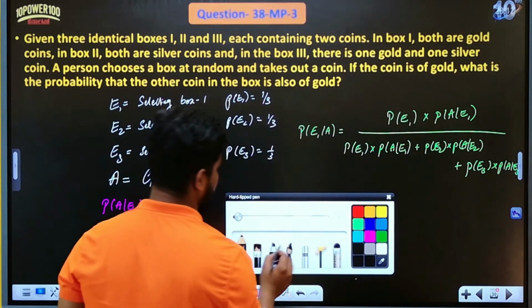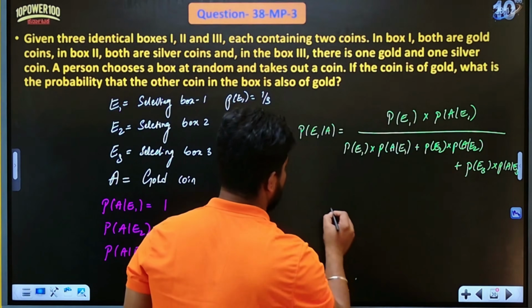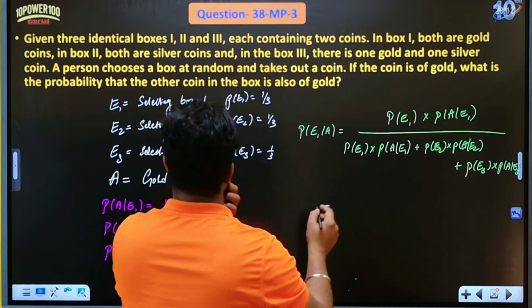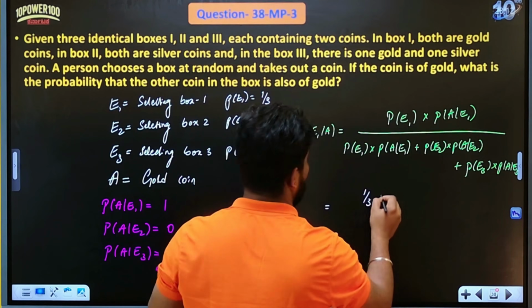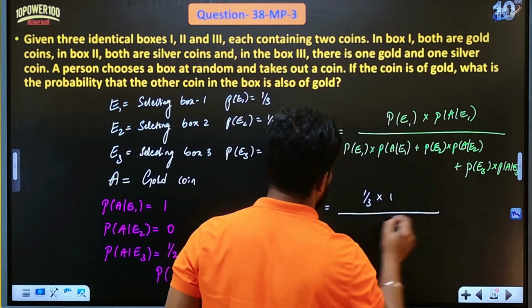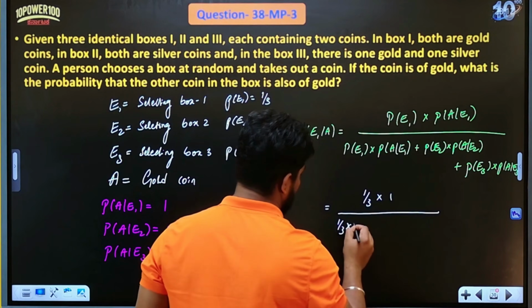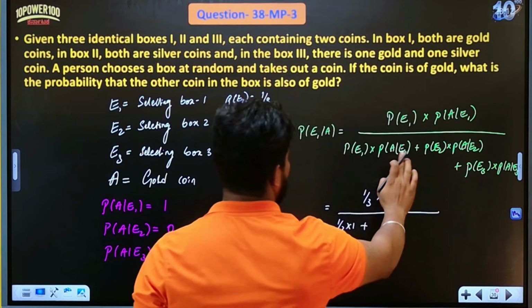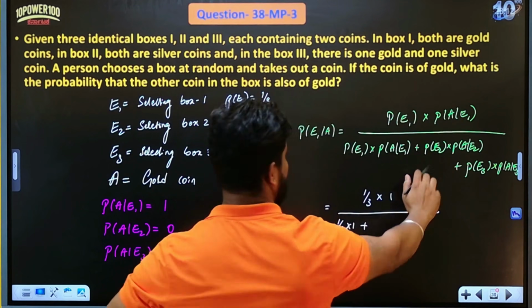Okay? So substitute all this. P of E1 is 1 by 3, so 1 by 3 into 1, divided by, 1 by 3 into 1 plus,